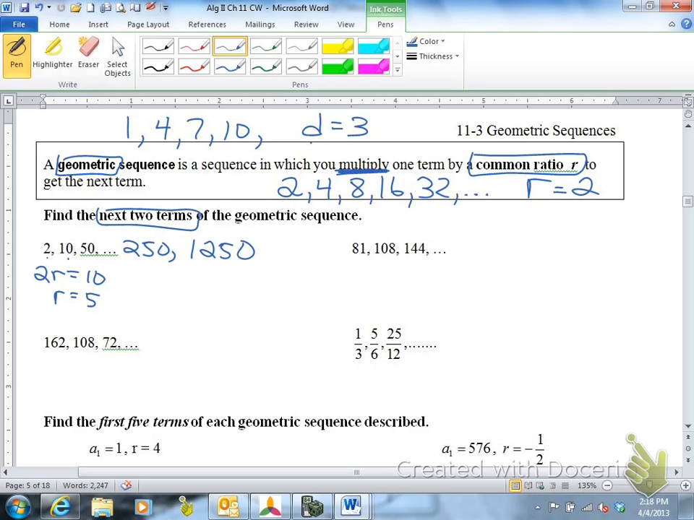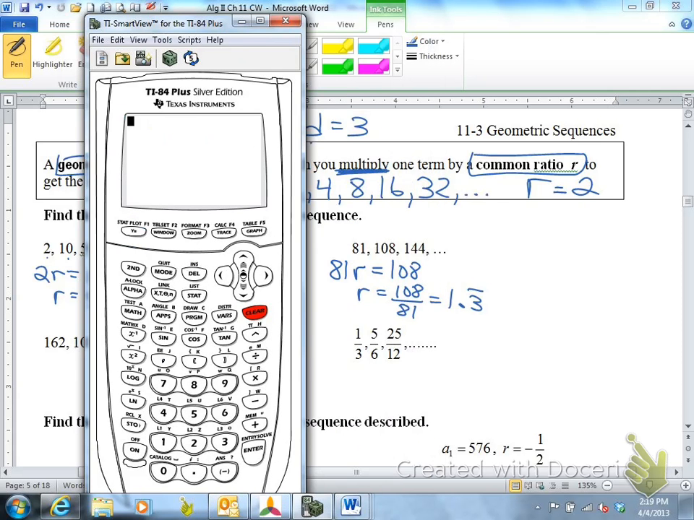250 times 5 is 1250. For 81 and 108, you can say 81 times something gives 108. And once you know r equals 108 divided by 81, which is 1.3 repeating, or 4/3, then you can multiply it, so you would have 144